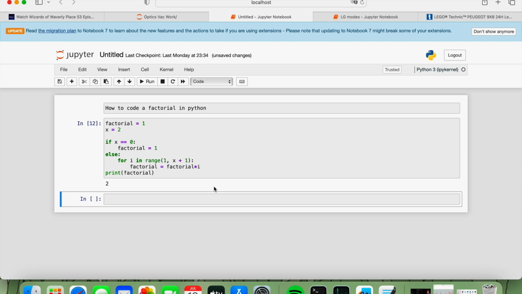And that's basically it, you guys. If you wanted to know how to code a factorial in Python, this is the easiest way I know how,